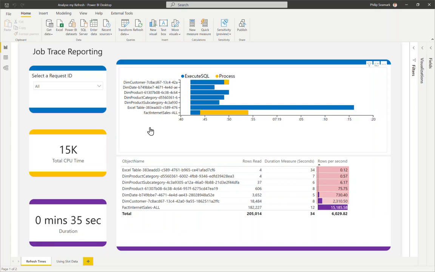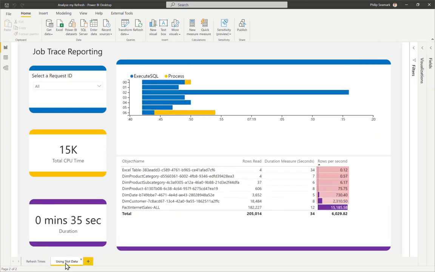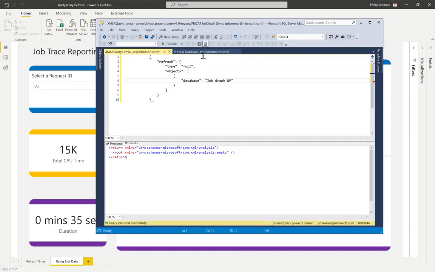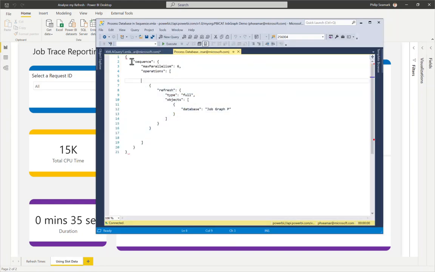Now, the other thing I want to highlight is down here at the bottom, where there's a second tab called Using Slot Data. And in this case, we were able to use 7 slots. But what you can do in SSMS, and we will do this sometimes for you, imagine you had 20 objects that needed to be refreshed. It will only ever refresh a certain number of objects at a time. And we can control that in SSMS by doing something like wrapping the refresh TMSL in a sequence, and we could set the max parallelism to perhaps